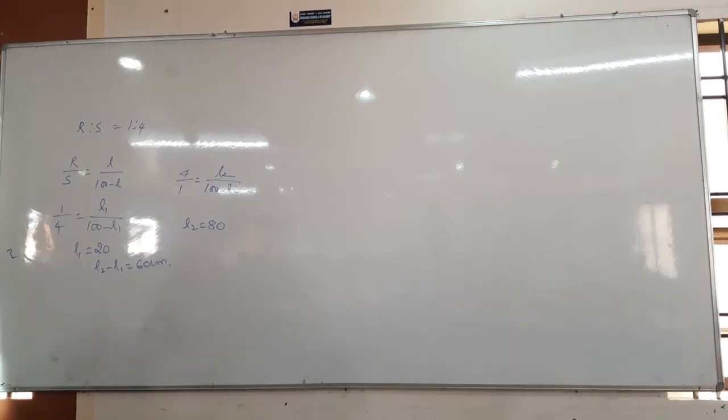Now the resistance R is shunted by 10 ohms. What is the meaning of shunted? A parallel resistance is connected. Shunted by 10 ohms and the null point